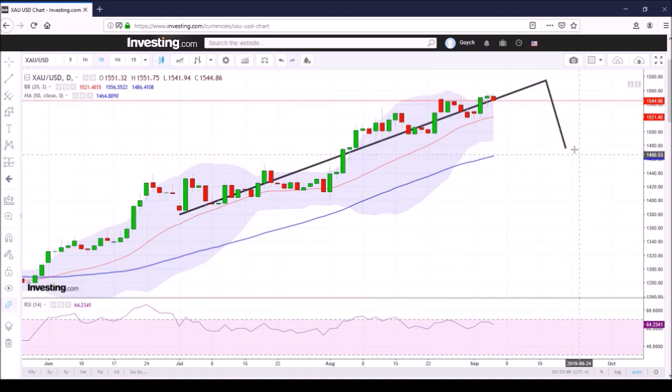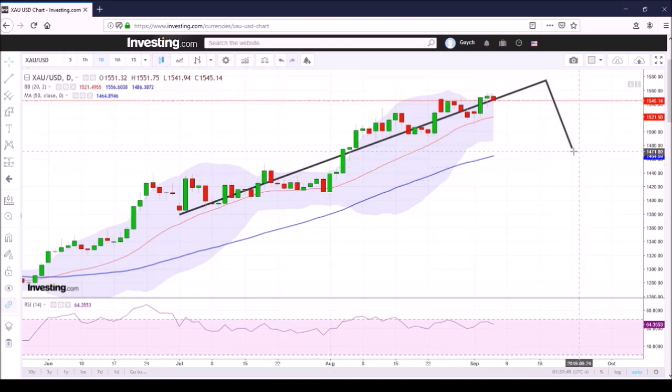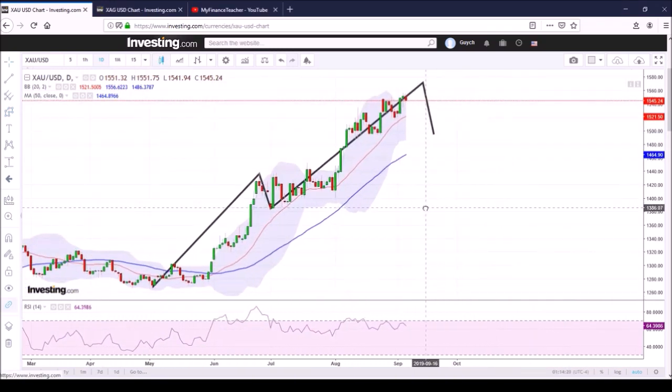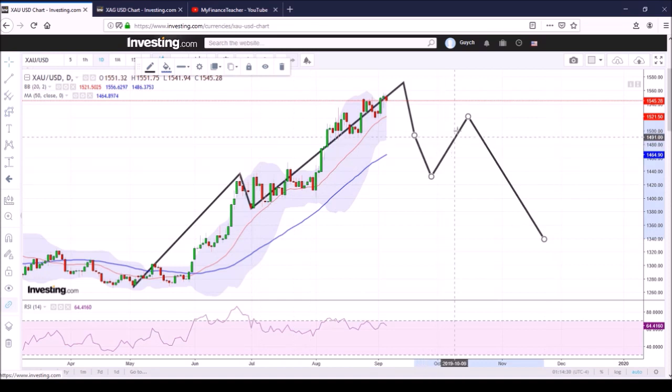Firstly, we need a daily cycle low relatively soon because of the normal duration for these daily cycles. And once that daily cycle finishes, we'll enter into the advancing phase of a new short-term daily cycle, the third cycle in this intermediate cycle. As some of you guys suggested in the comments, that actually might turn out to be somewhat of a huge head and shoulders pattern, giving us the next third daily cycle in the ongoing intermediate cycle in gold.